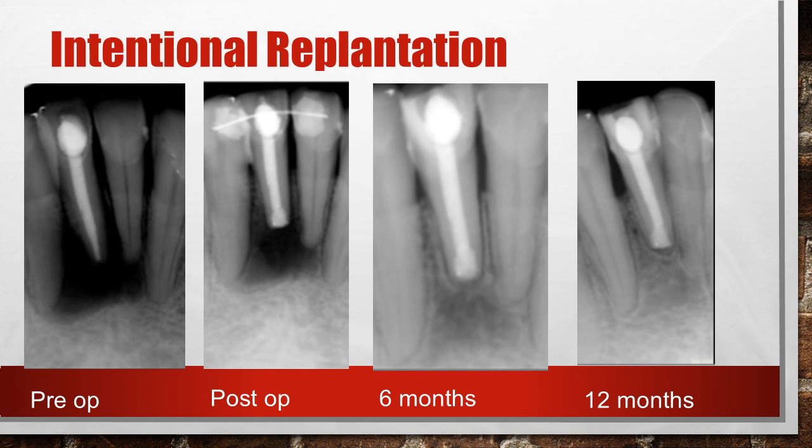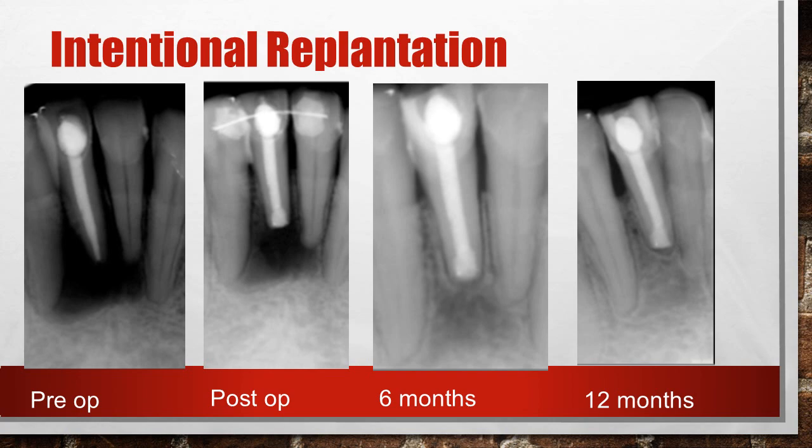Then after that, because of the root resection and the root end filling material, after 6 months you can see healthy bone formation. The lesion has totally disappeared, and yes, after 12 months you can see a little bit of root resorption, that is normal, but then the root end filling material will take care and prevent further resorption from taking place. So you can see that the prognosis has significantly improved.